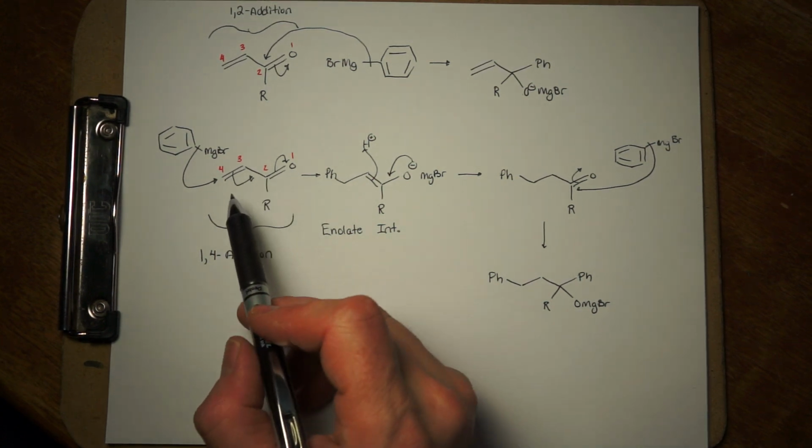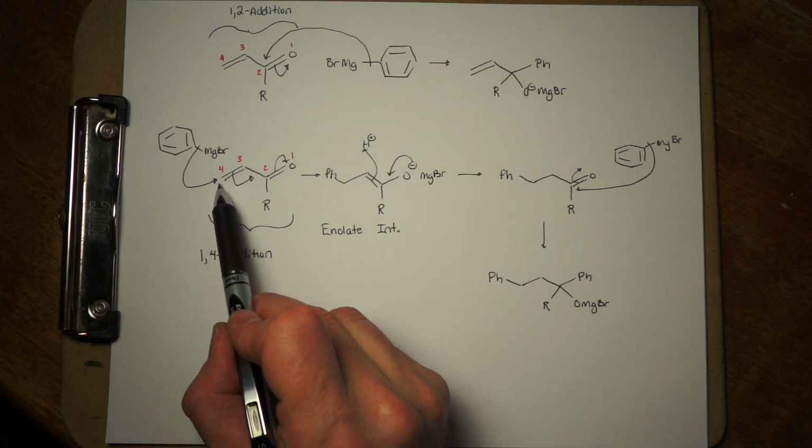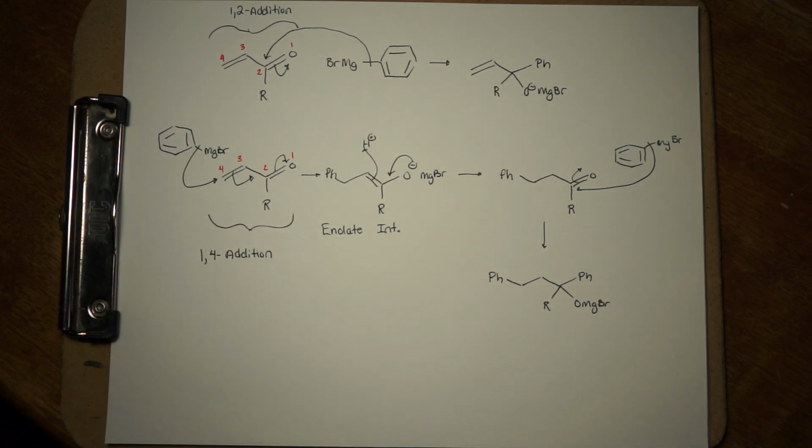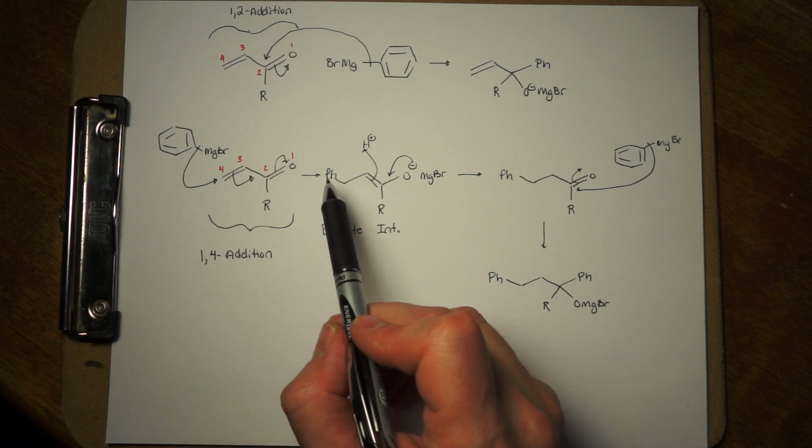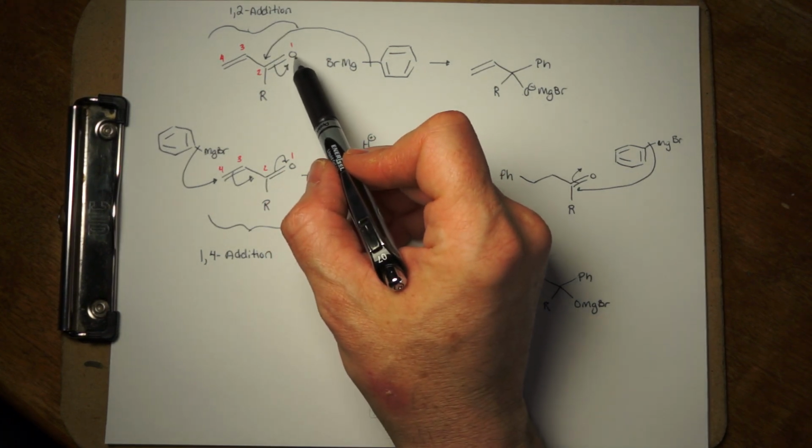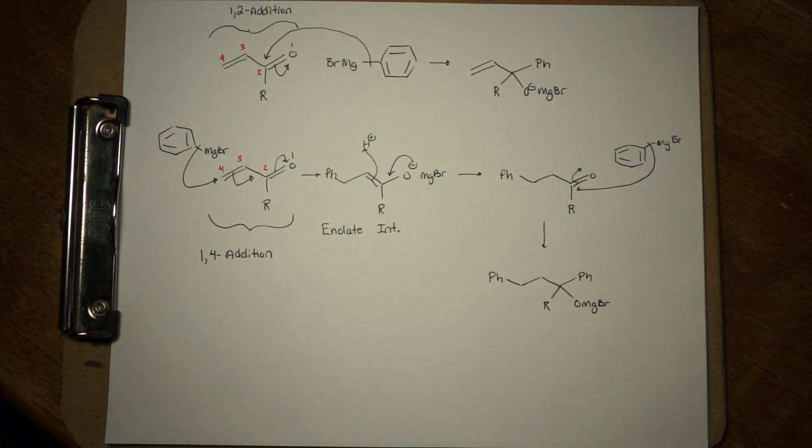Now there are some nucleophiles that preferentially add in a 1,4 aspect, and there are some nucleophiles that preferentially do 1,2 addition. And in a future video we're going to go over the difference in those nucleophiles and also the difference in